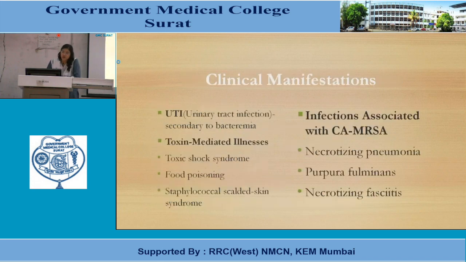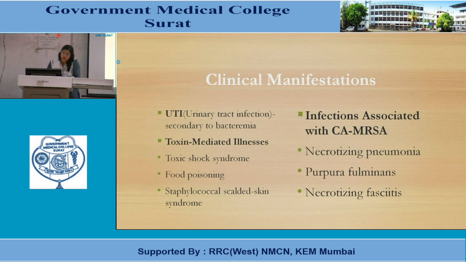Then it can cause urinary tract infections secondary to bacteremia. It's a common cause of UTI in sexually active young females. Then different infections are associated with community-acquired MRSA, which we'll discuss later. In those persons where the infection is community-acquired, caused by methicillin-resistant Staph aureus, there is necrotizing pneumonia and purpura fulminans, where